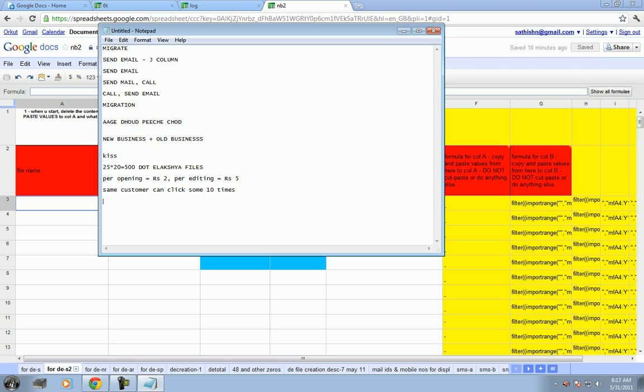If you're going to do 500 elakshya files, or what? How many? 750, is it? Whatever number of elakshya files you do, say you make 500 elakshya files, and you have 400 customers edit that elakshya file, there is a 2500 rupee incentive for you. Fine. By the way, your incentive structure for business will anyway continue. I am not disturbing that at all.